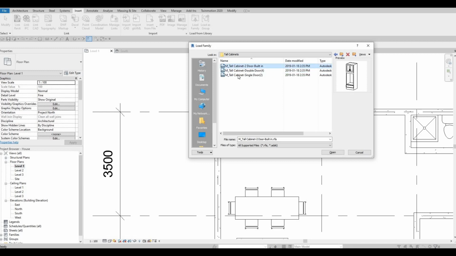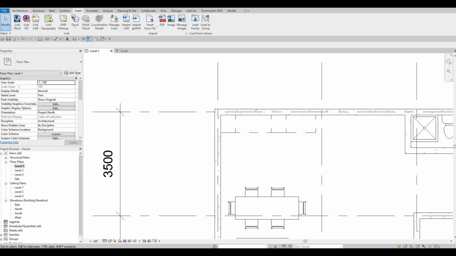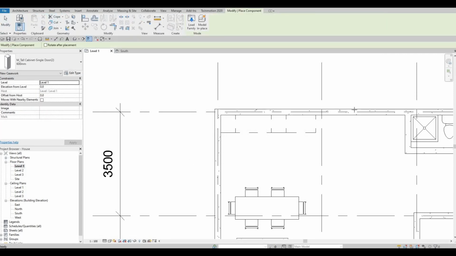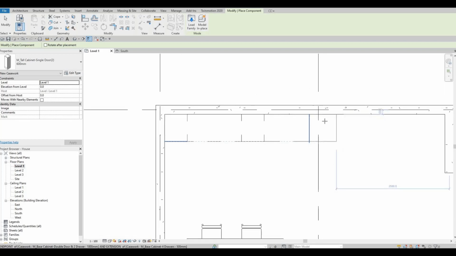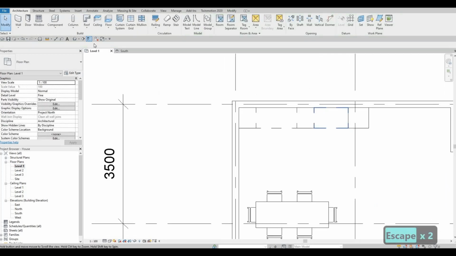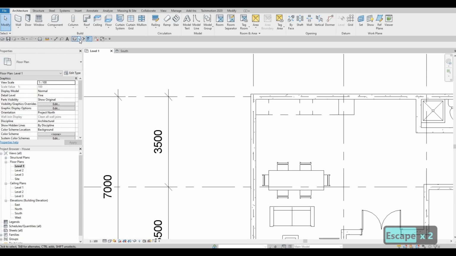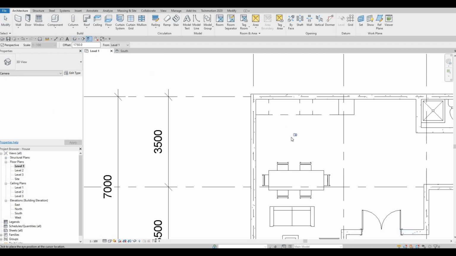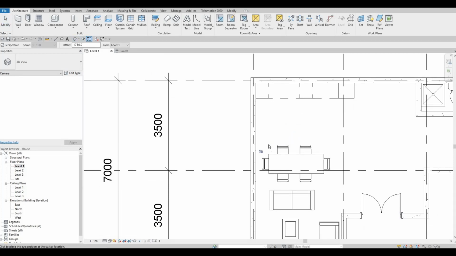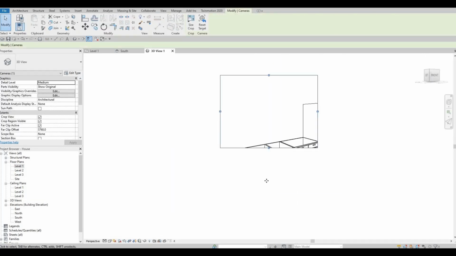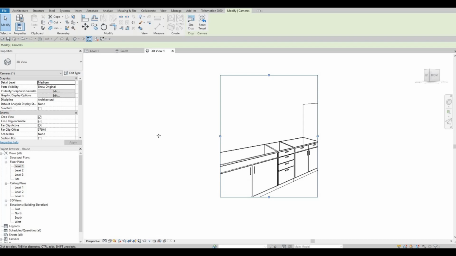So I'm gonna add this one, click open, and then click architecture and then click component. Once we add that, we could double check this one by using a camera, and let's do it like that. And as you can see, we have this,